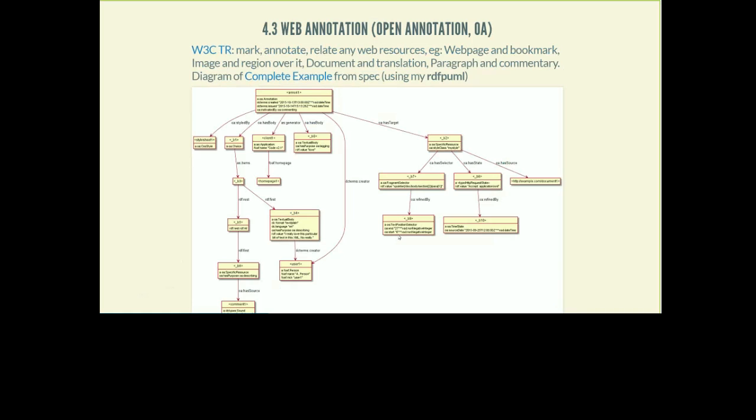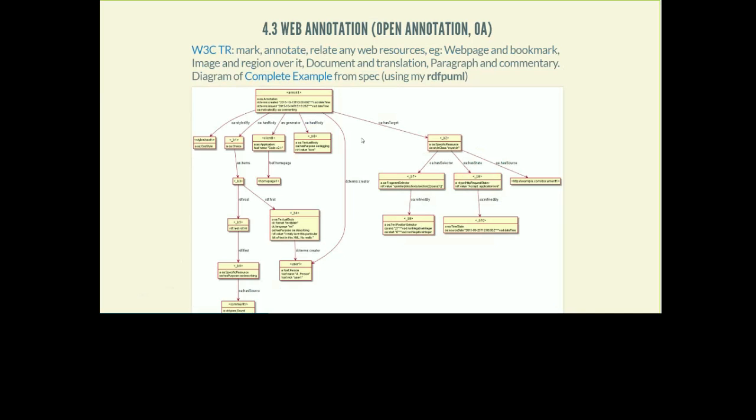Another important ontology, even though it is not limited to the GLAM domain, is web annotation. It's also, for example, used quite extensively in the scientific research domain, in particular in life sciences, biology, and so on. So it allows you to capture in a structured way comments about some piece, let's say a paragraph or a whole article, connections between resources, let's say the citation of one article by another, or just bookmarking, that you can also capture using open annotation.